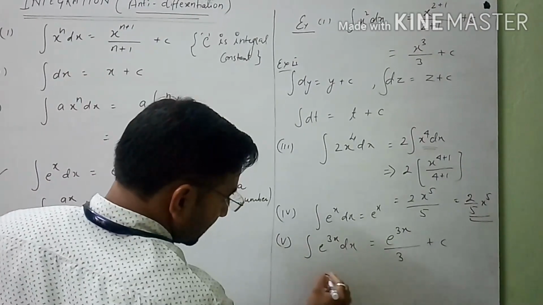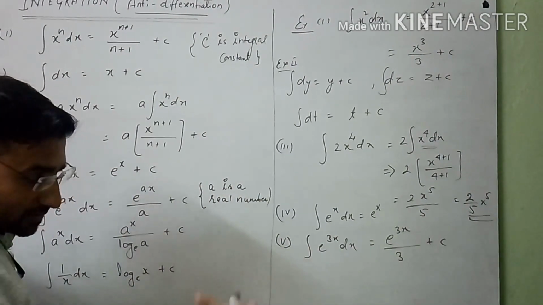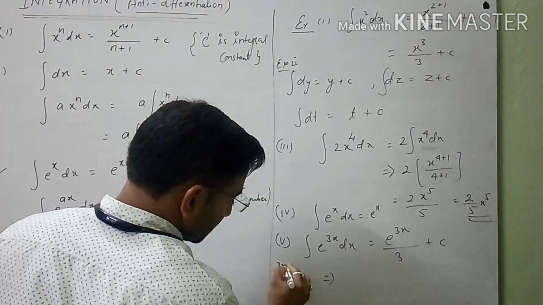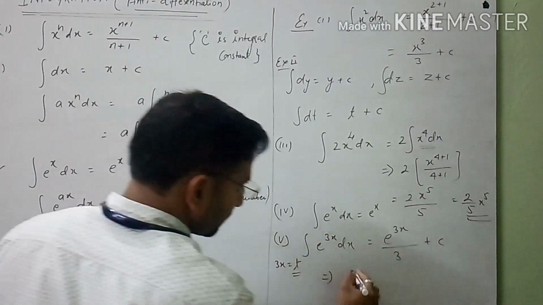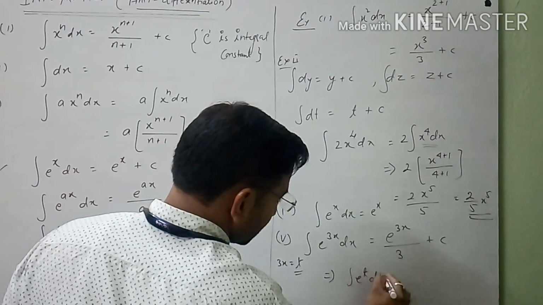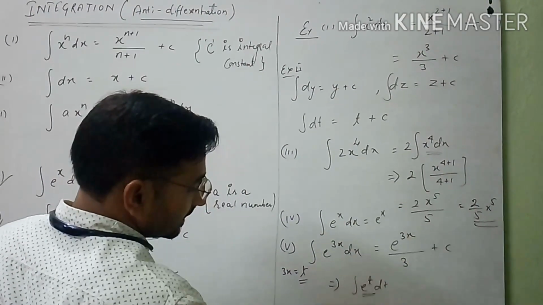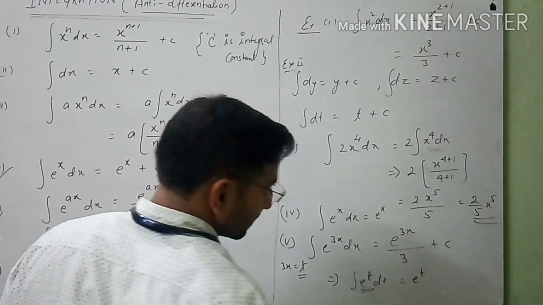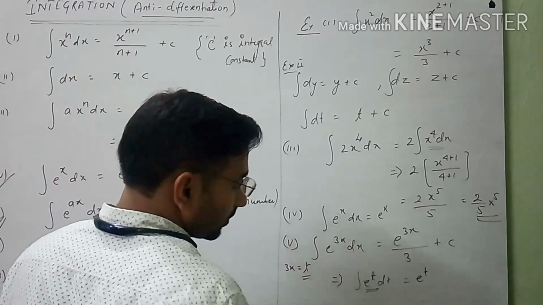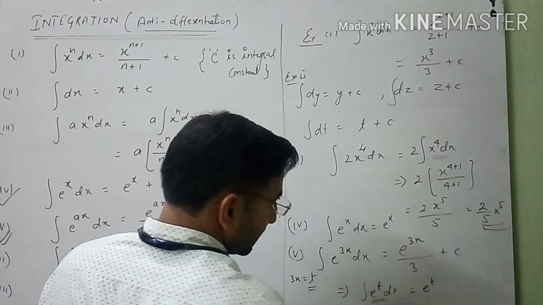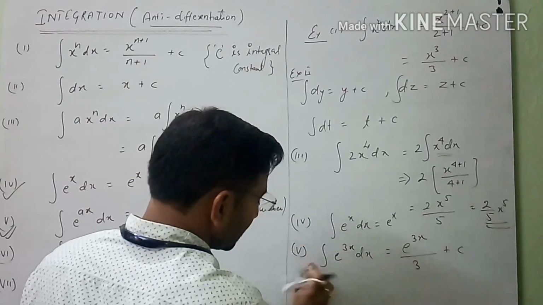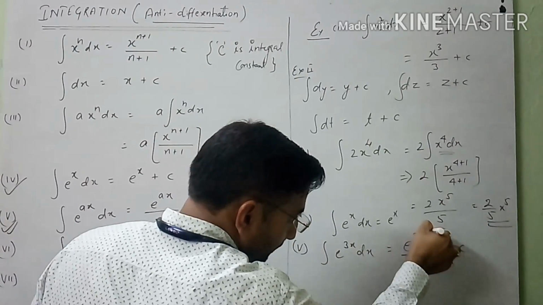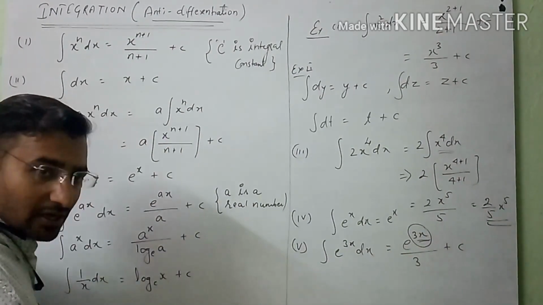So see, to understand it, first of all, if I want to explain in short way, you will consider this 3x as any variable t. Then in front of you the equation is like that, and you know that e raised to power t dt, you can consider this in your mind. You can write e raised to the power t dt like e raised to the power t. So on this basis I am writing here directly e raised to the power 3x, and after that, in denominator I will differentiate this term, then the answer will come.